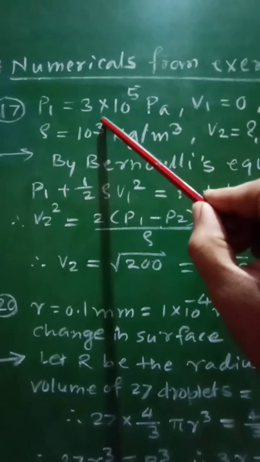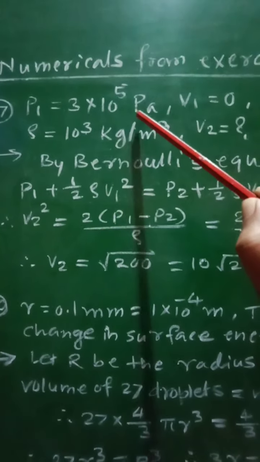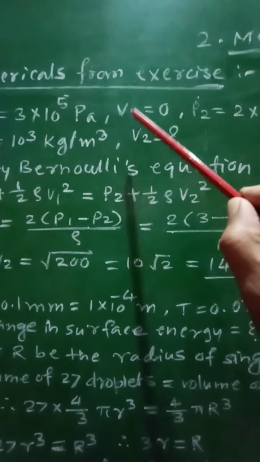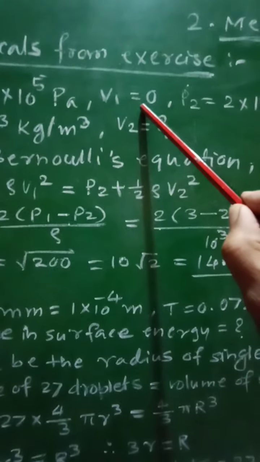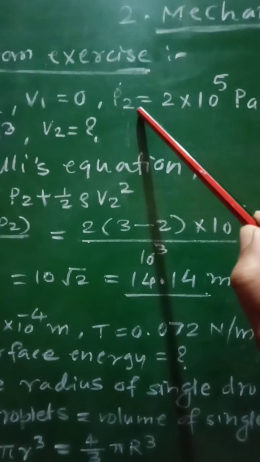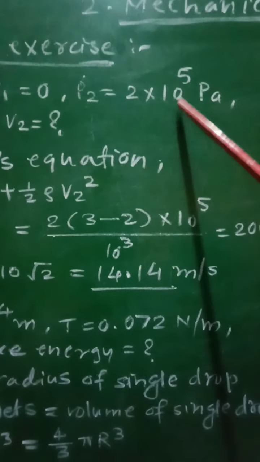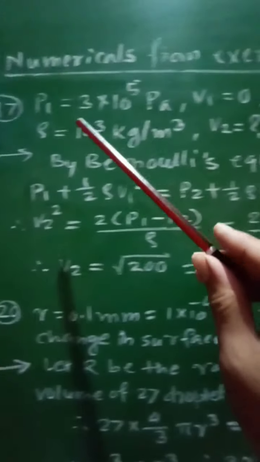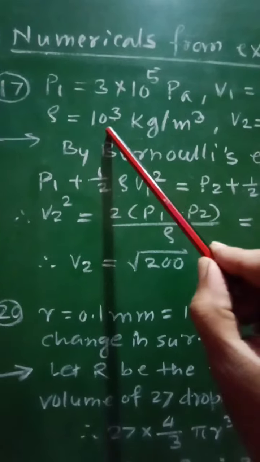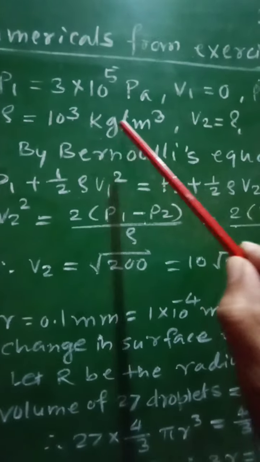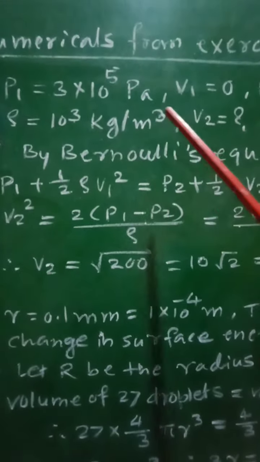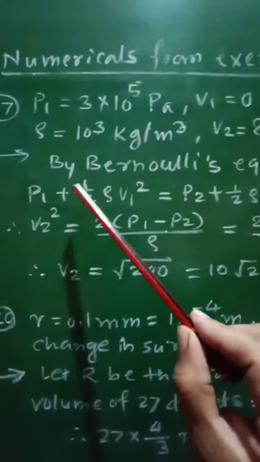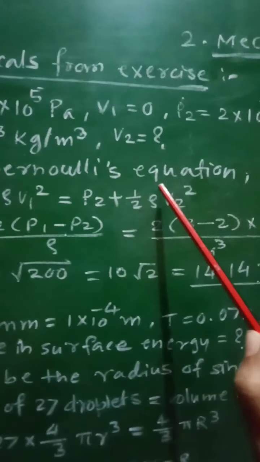Pressure P1 equal to 3 into 10 raised to 5 Pascal, that is Newton per meter square. V1, that is initial velocity, will be equal to 0. Then pressure P2 will be equal to 2 into 10 raised to 5 Pascal, that is Newton per meter square. Then density of water is equal to 10 raised to 3 kilogram per meter cube, and we have to find final speed V2. Then by Bernoulli's equation,